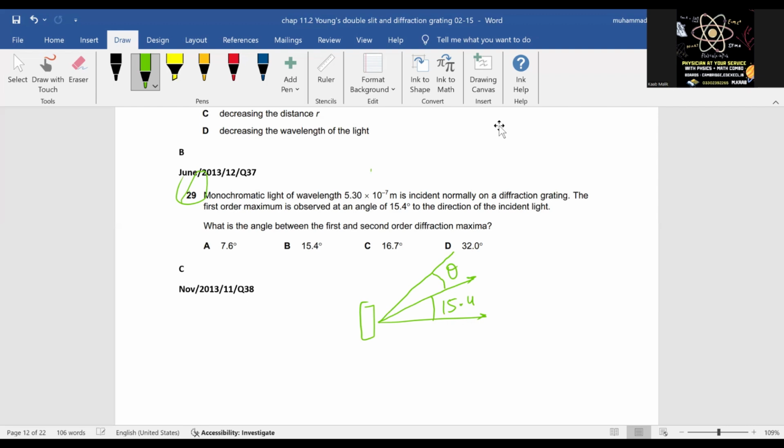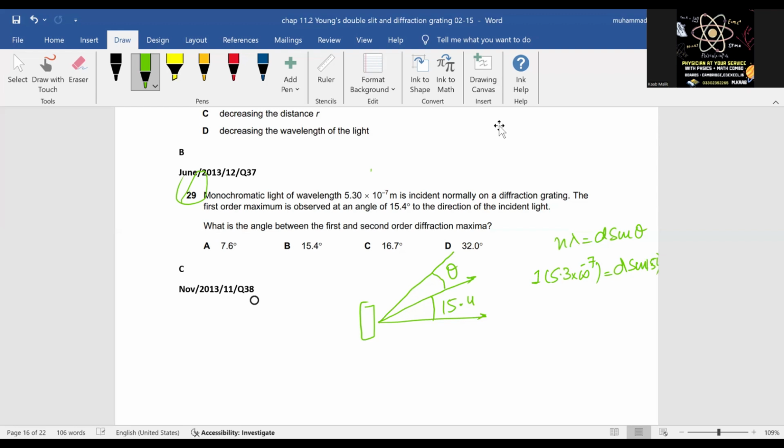फॉर्मूला क्या लगेगा? n lambda is equals to d sine theta. परफेक्ट। पहले वाले जो फर्स्ट ऑर्डर है, तो उसमें आपको वेवलेंथ दी हुई है, 5.3 एक्सपोनेंट -7, और d sine theta हमारे पास है 15.4। ये आ गया पहले वाले का केस।